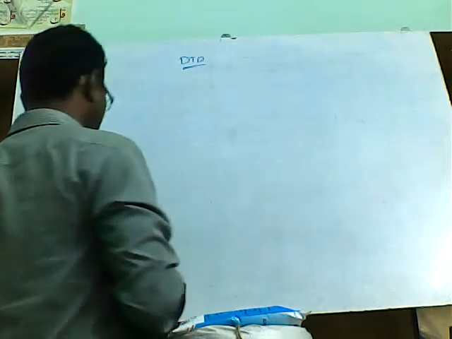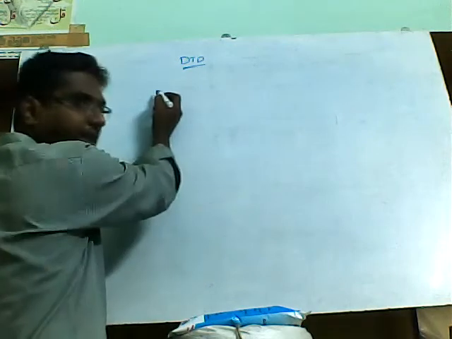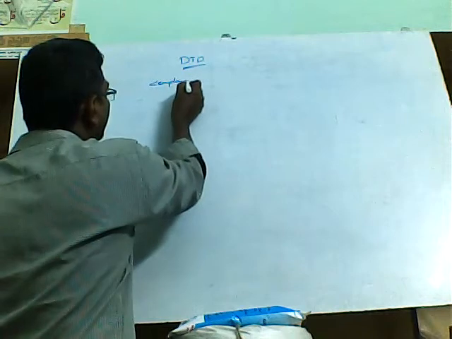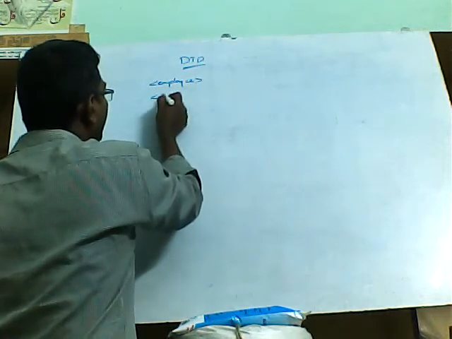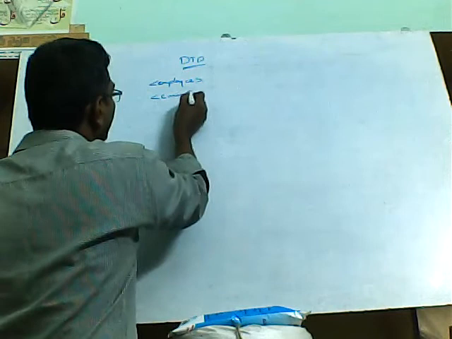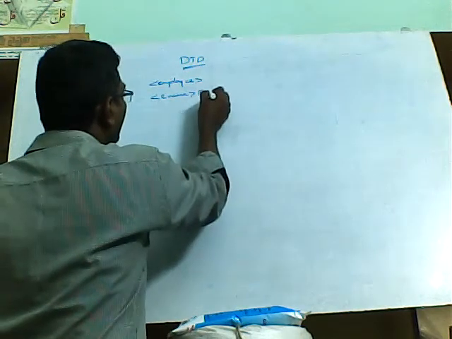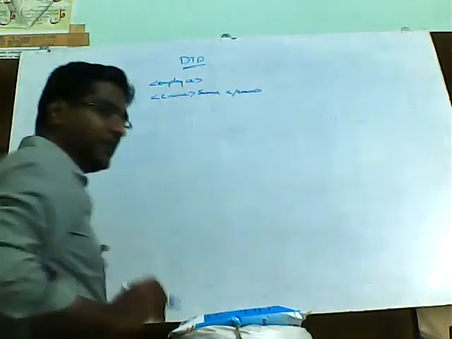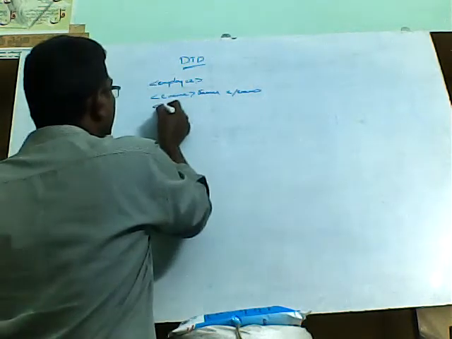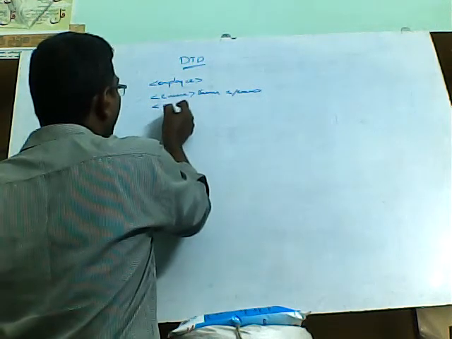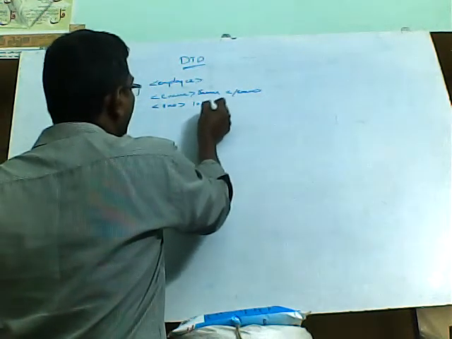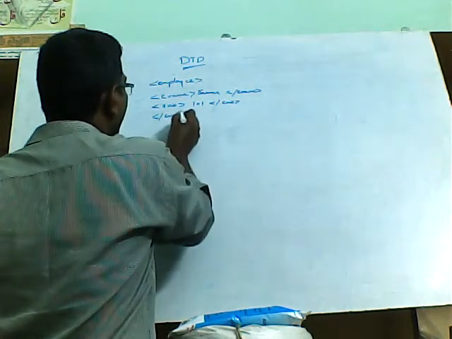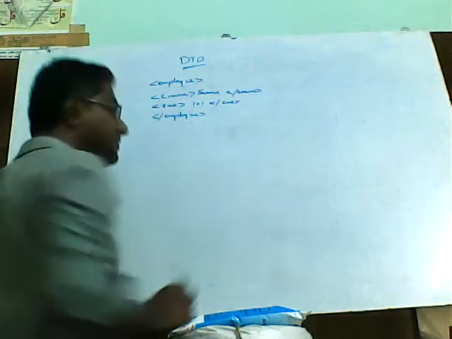Suppose you take an XML document, like employee is the root element, and employee name something like Ramu, enclosing this element. So I am just creating one XML document here. Employee name, employee number, something like 101, and I am closing this employee. So this is what an XML document is.